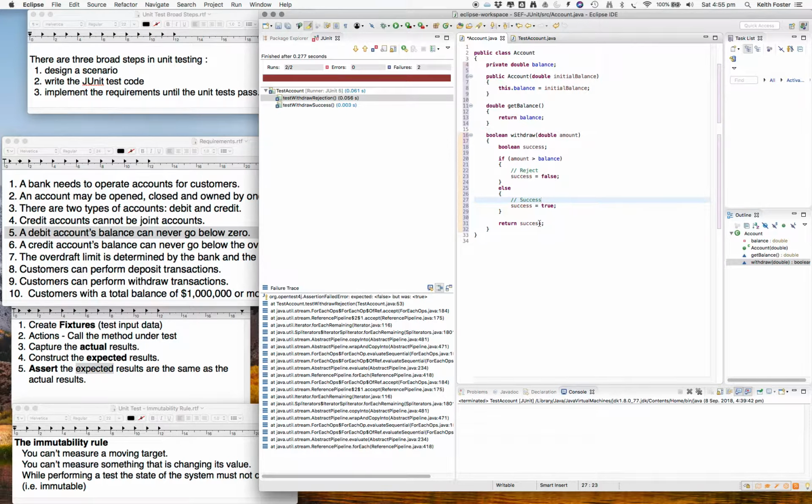so we can return the correct status, but we also need to update our balance. So that's going to be balance equals balance subtract amount. Okay. All right. So hopefully I haven't made any bugs, and we'll see